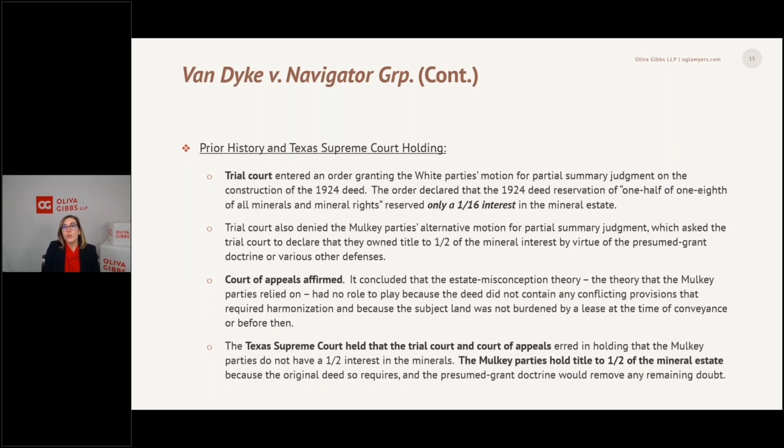So, the trial court held that only a 1/16 interest was reserved. The Court of Appeals affirmed this. However, the Texas Supreme Court held that the trial court and Court of Appeals erred in holding that the Mulkey parties did not have a 1/2 interest in the minerals. Accordingly, the Texas Supreme Court held that the Mulkey parties hold title to 1/2 of the mineral estate because the original deed so requires, and because the presumed grant doctrine, the doctrine I just mentioned, would remove any remaining doubt. Again, this presentation won't get into the presumed grant doctrine and that aspect of this case, but I do recommend